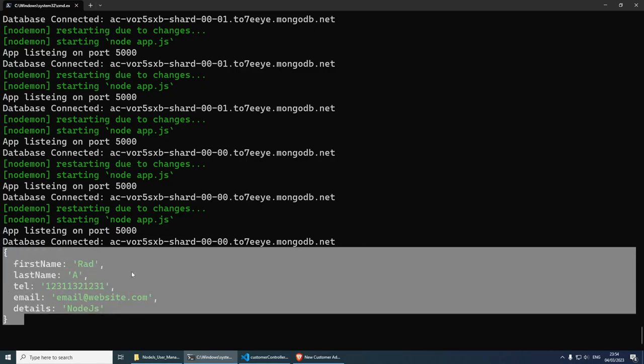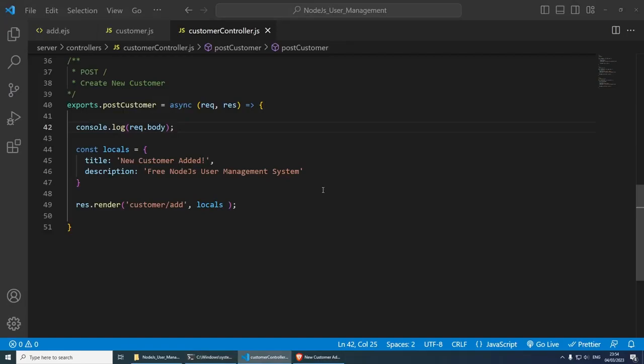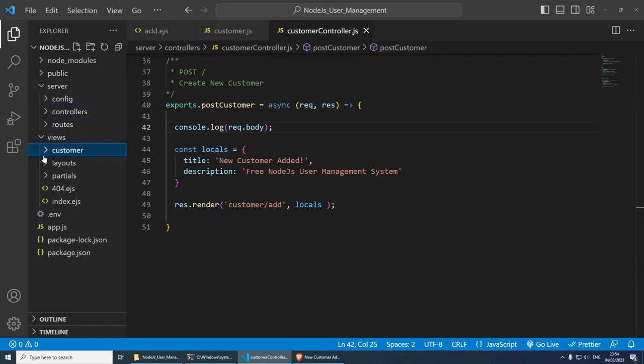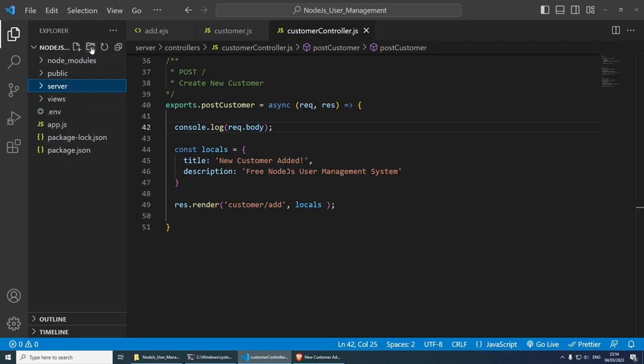But before we do that, we need to create the database fields. Kind of like if you're familiar with MySQL, you need to create each field. So let me show you how we can do that. And this is called a model. So we need to model our data. If we go back to the Explorer and let me untoggle everything, if we go to the server, we can create a new folder called models. Inside this models folder is where we can create our customer model. Inside here, we can do